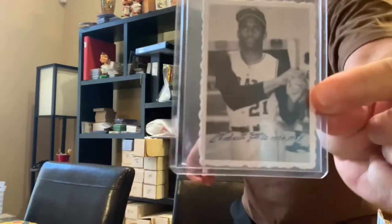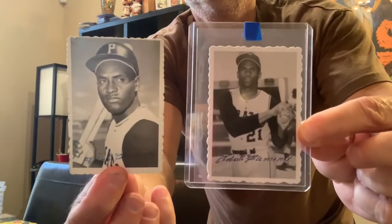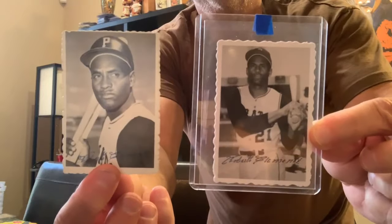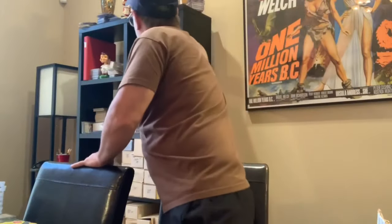Clemente 3D, you know, the remakes of the decals. So Topps really did a good job of, here's the remake of the decal, and just happen to have kind of the original decal. That's a cool set, by the way, the decal edge set, and it's got a lot of Hall of Famers in it, and